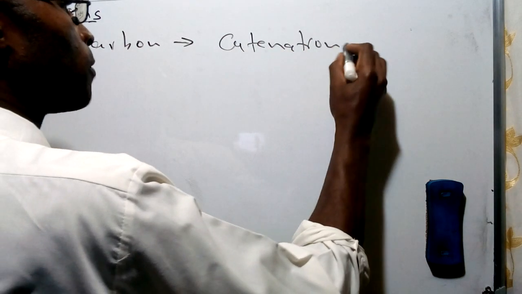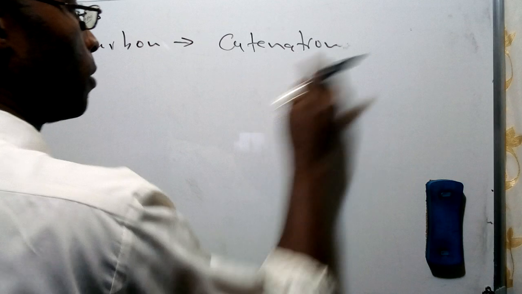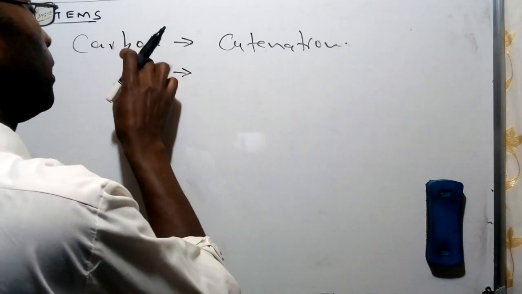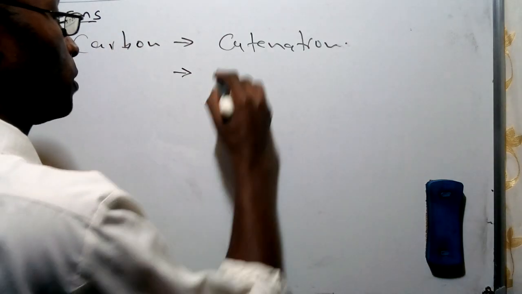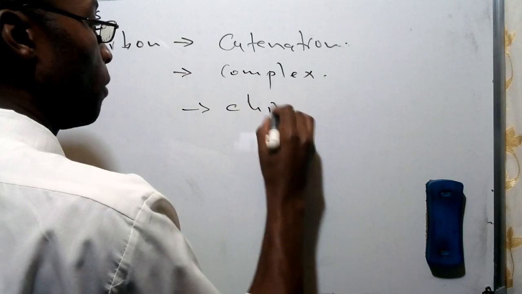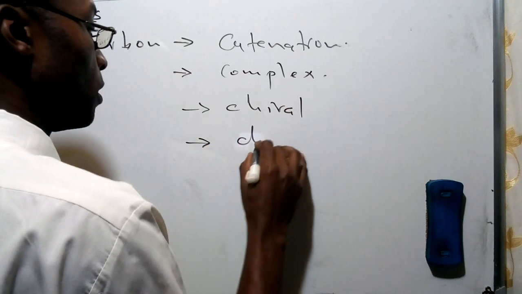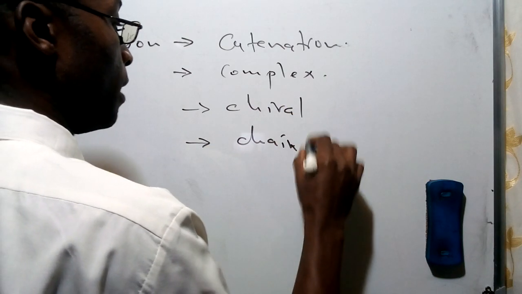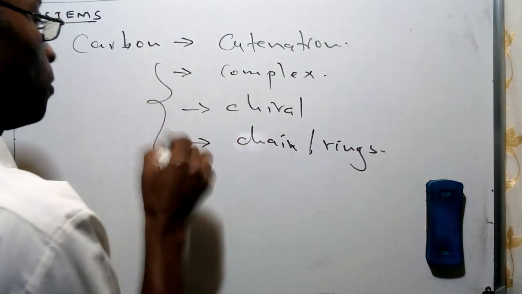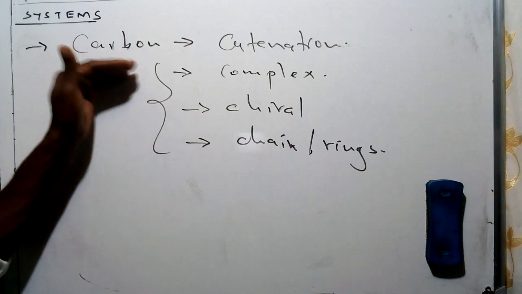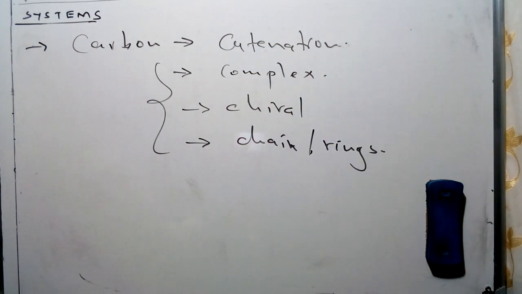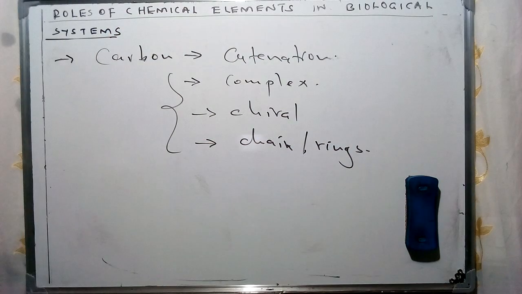So in this case, this is one of the unique characteristics of carbon, which is going to be assisting the formation of various compounds, involving complex compounds, chiral compounds, forming chains and rings. And through the ability of carbon to form covalent bonds, this is going to be resulting in the formation of various bioorganic molecules, which are going to be assisting us in trying to understand this